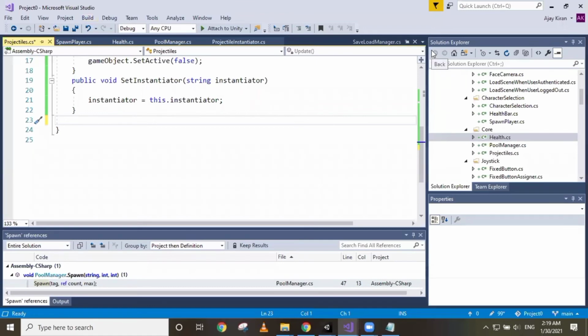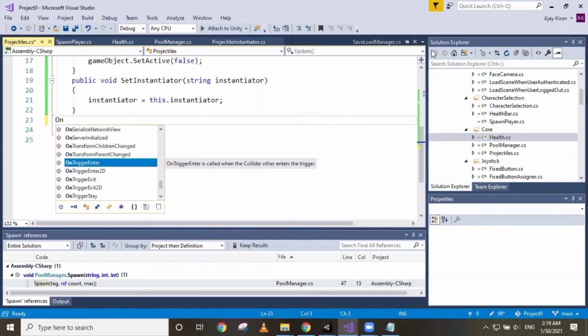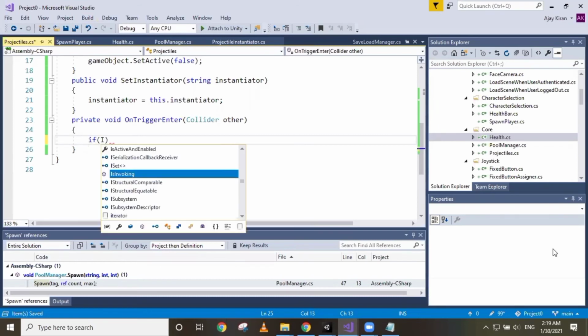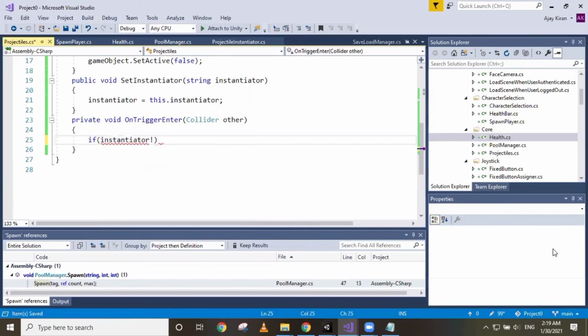Let's see how we can set damage to our enemy when the projectile hits it. So we're going to have an on trigger enter, and inside this we are going to need to check if the other game object is the instantiator or not, because we don't want to take damage if the other game object is the instantiator, and the instantiator is going to have contact with the projectile anyways when it is being produced. So if instantiator not equals, now we are going to need to have a get instantiator, just like we got a set instantiator here,